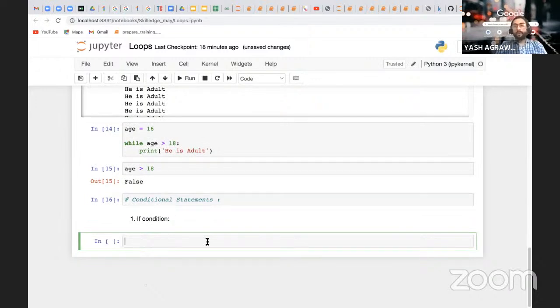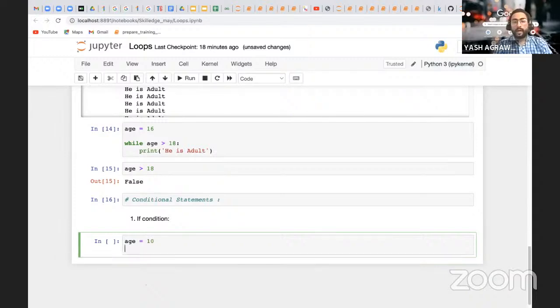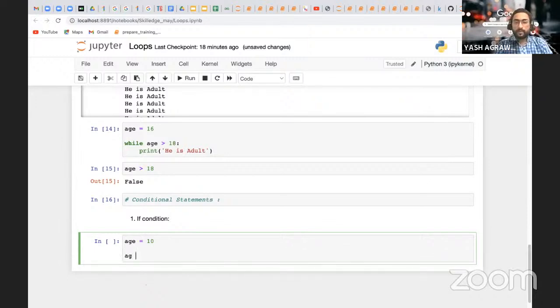If I want to write age is equal to 10. Now I have written age, add, make my age 20.